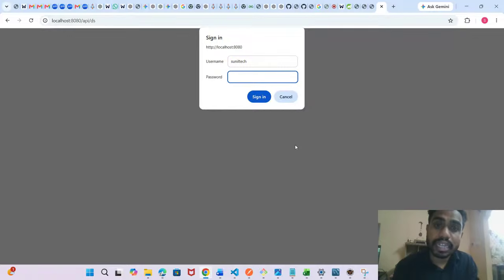See, based on the filter, as I already said, it is not based on the approach, guys. Based on the respective filter you are using, that will be populated. If you are using basic authentication, you can see a dialog box. If you are using username password authentication filter, you can see a form page. But both are the same.